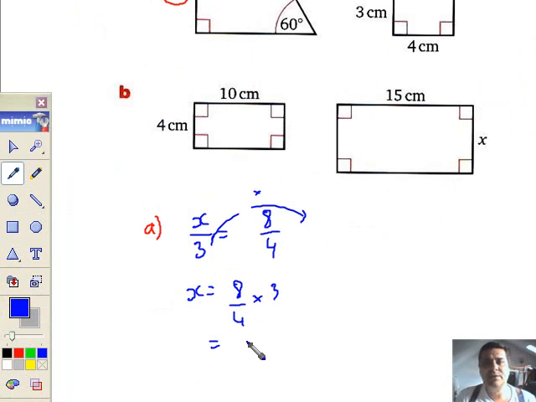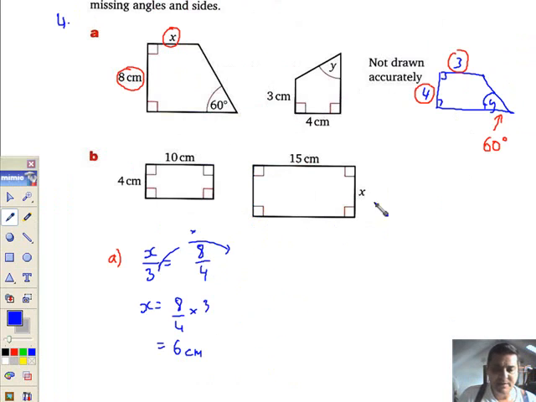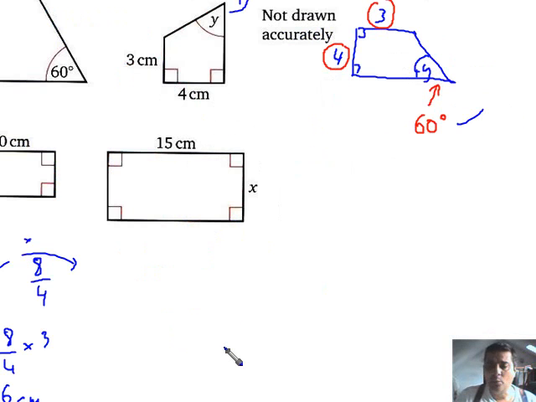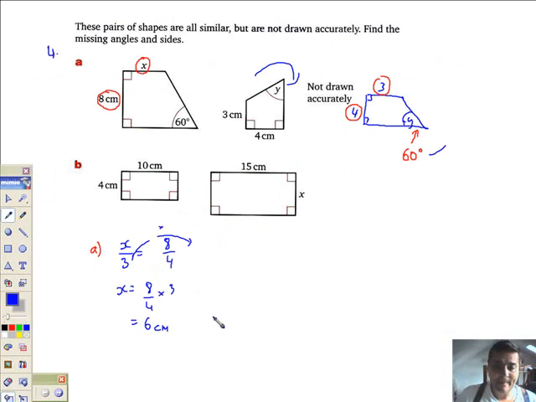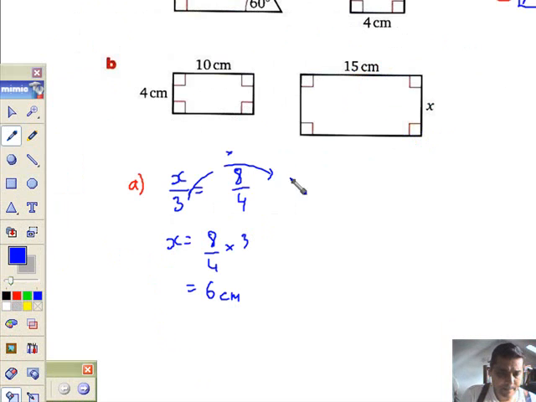Well, 8 divided by 4 is 2. 2 times 3 is 6. So X is 6 centimeters. And in the same way I've shown that if we swivel this shape around the correct way, Y corresponds directly to the angle of 60, so therefore Y is 60 degrees. Alright. Okay, next one, same sort of thing, it's drawn around the right way for us, so let's do B